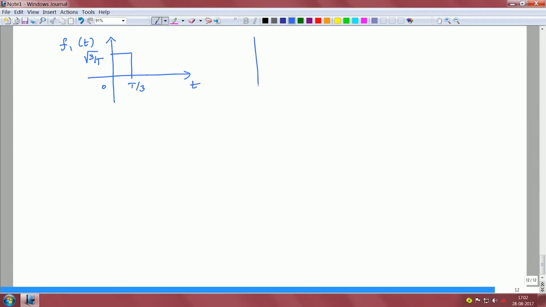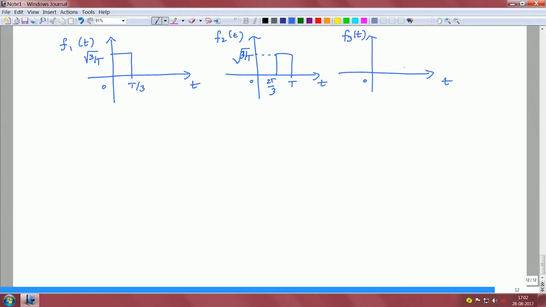This is my F1, my F2 is from 2T by 3 to T, and F3 of t is from 2T by 3 to T, this is root 3 upon T, right. This is how I have,